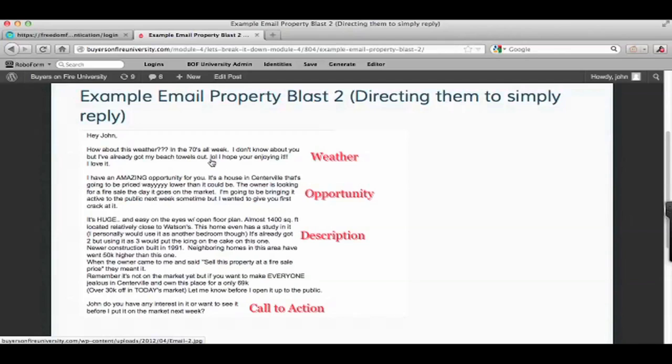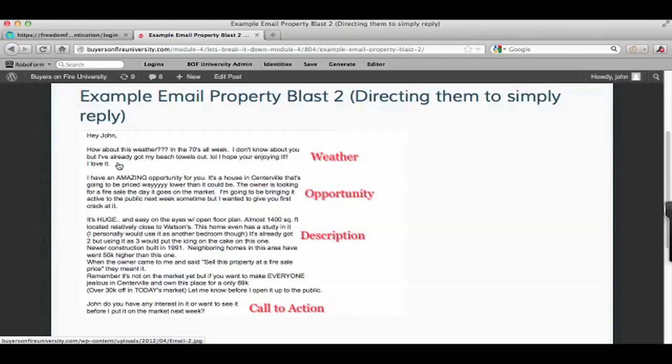So check this out. The very first section, I always talk about the weather because it's a great icebreaker. Get it? Icebreaker, because we're in Ohio and the ice is breaking because it's warm. You didn't get it. Come on. Anyways, you need to talk about the weather, or sports is what I suggest. In this example, we talk about the weather. It's called a pattern interrupt, an opening line to get people engaged in your emails.